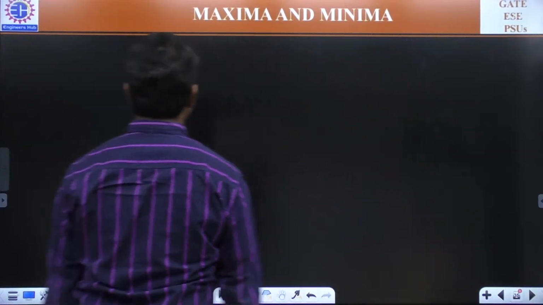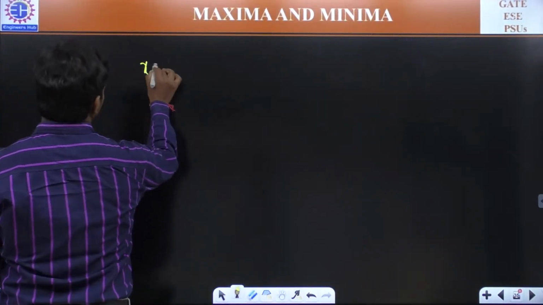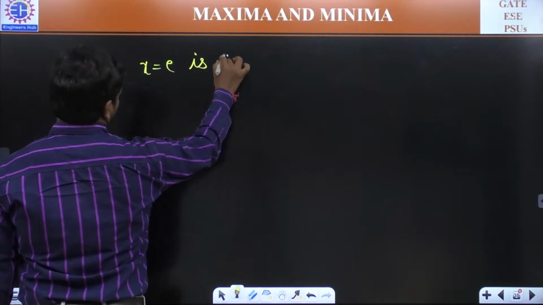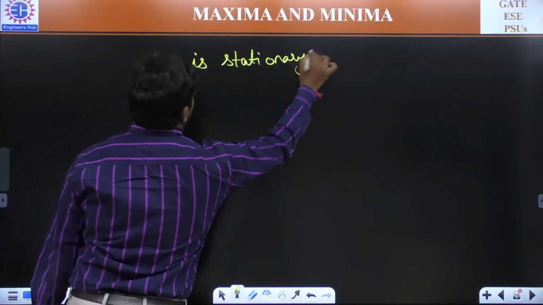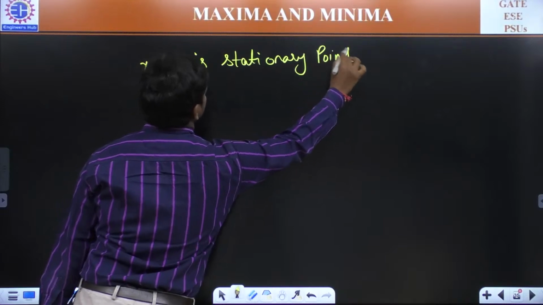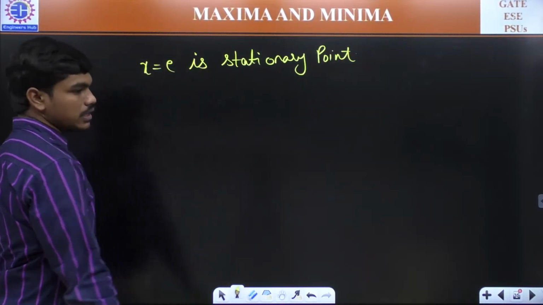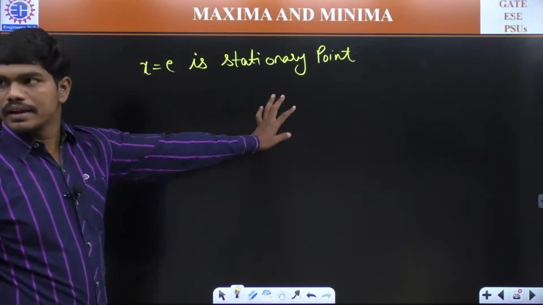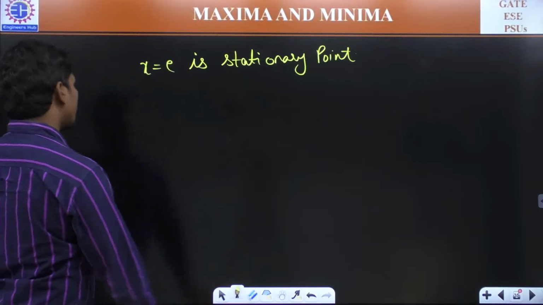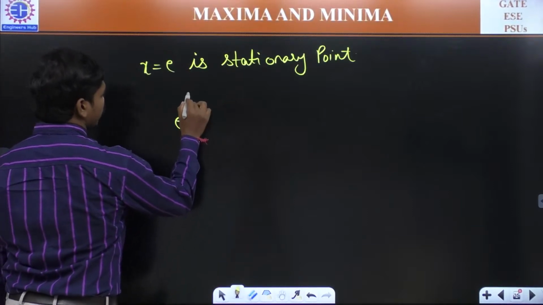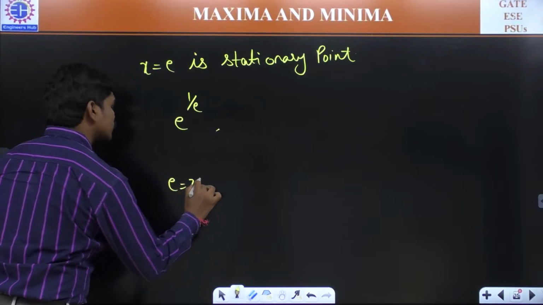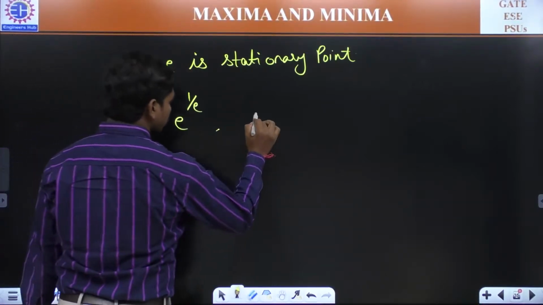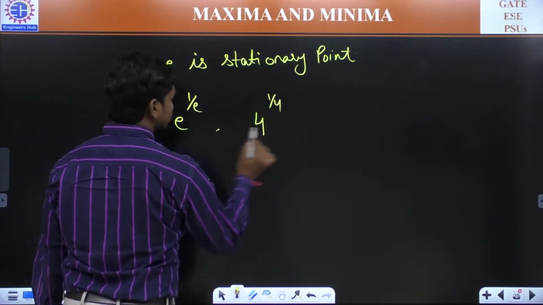Look, x is equal to e is a stationary point. Correct? Stationary point. This means either maximum or minimum should happen here, definitely. Now one point is, let us calculate e power 1 by e, and the value of e is 2.71 something. So let us also calculate 4 power 1 by 4, which is